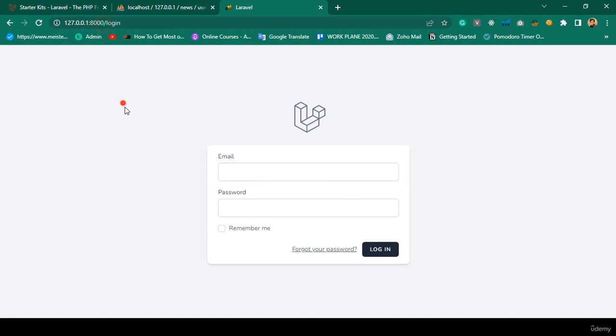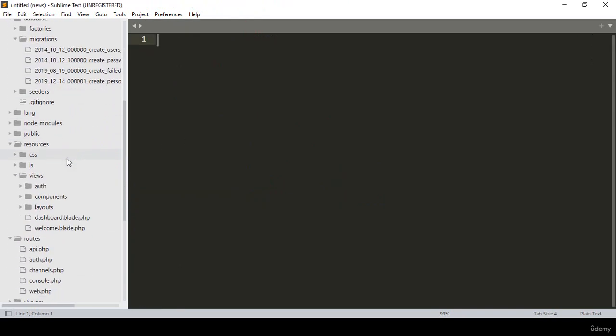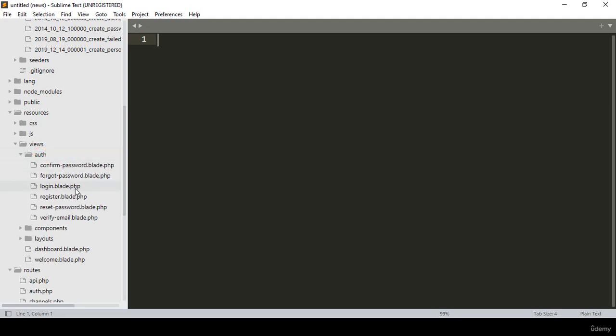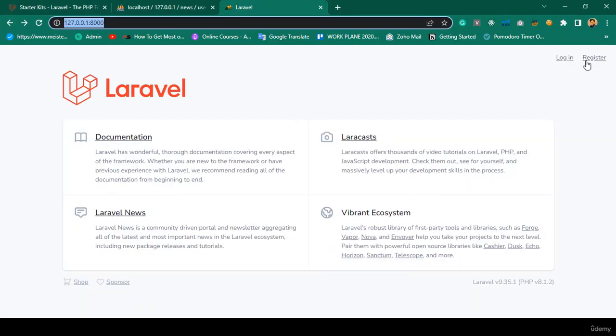So now the login is successfully accessible, and I want to show you where the login page is actually loaded from. That is in resources, views, and then auth. You can see a default login page is created, and they also have another register page. If you go back, and now if you go to register,